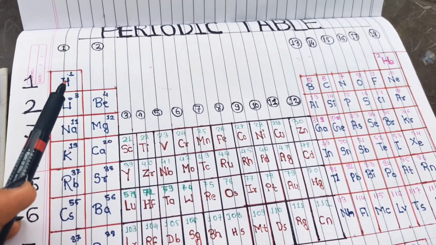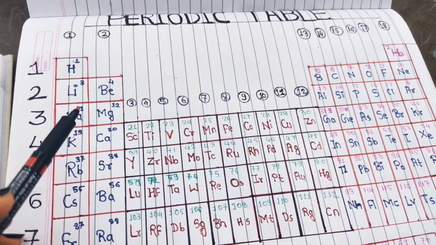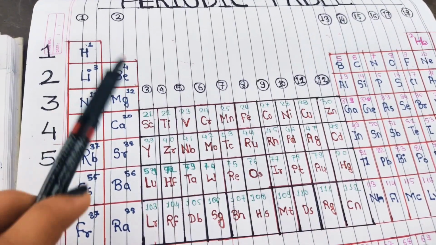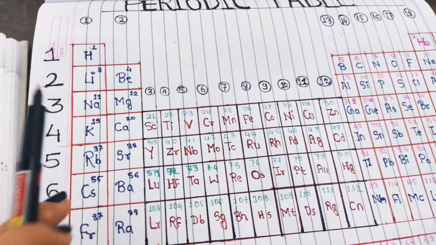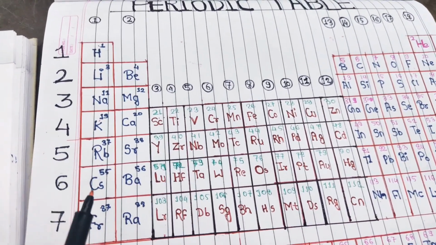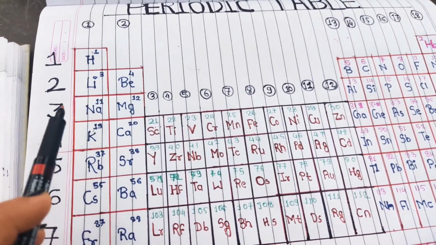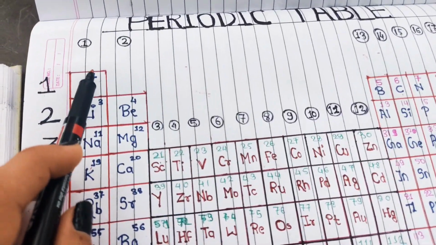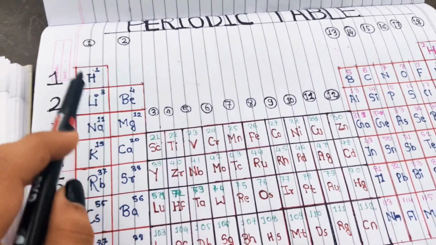Group 1 is composed of hydrogen and the alkali metals. These are the elements: hydrogen, lithium, sodium, potassium, rubidium, cesium and francium. These metals have only one electron in their highest energy orbital, one valence electron. They are soft, shiny, have a low melting point, and are highly reactive metals. These are H, Li, Na, K, the chemical symbols. And here is written 1, so this is the atomic number. This atomic number I will explain further in the video.